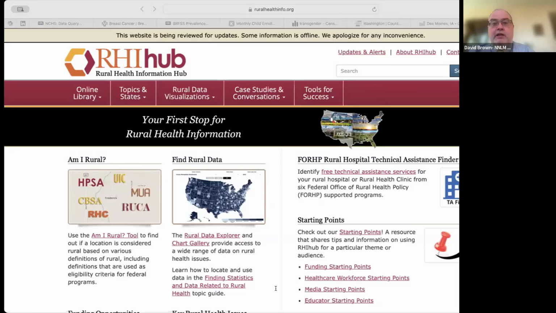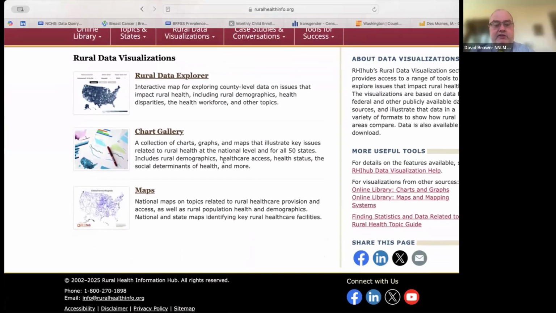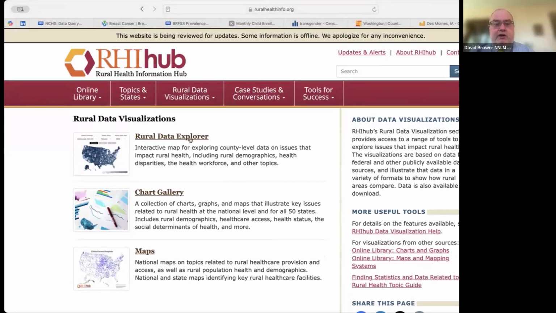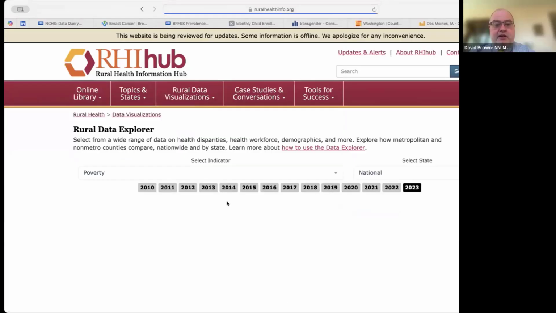So, I'll do a short demo here as we go along. What's nice here is they have this thing called rural data visualizations. So what you have here is your rural data explorer, your chart gallery, and your maps. What's nice here is there are also topic guides and state guides specifically. But if we look at our rural data explorer here,